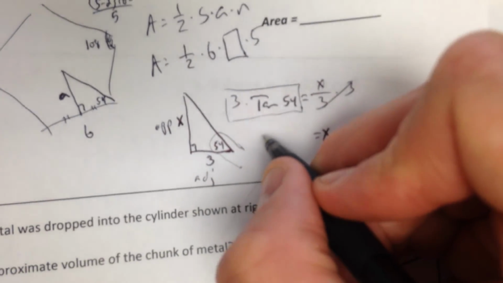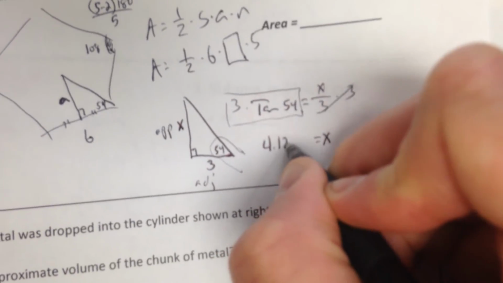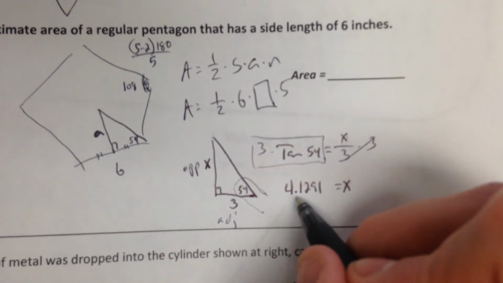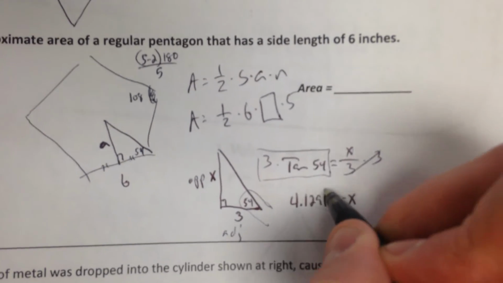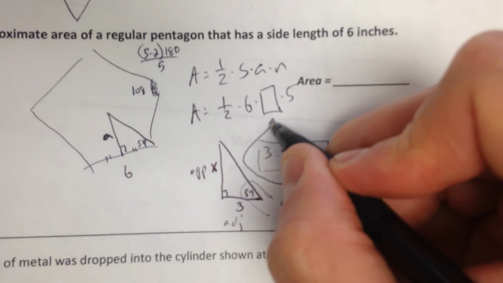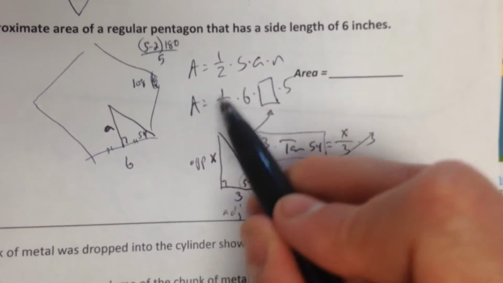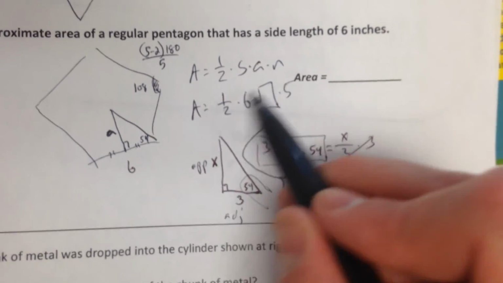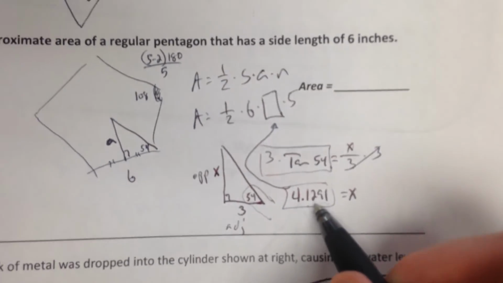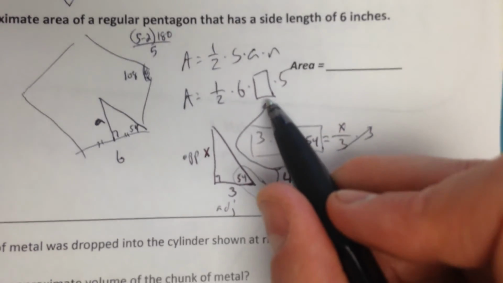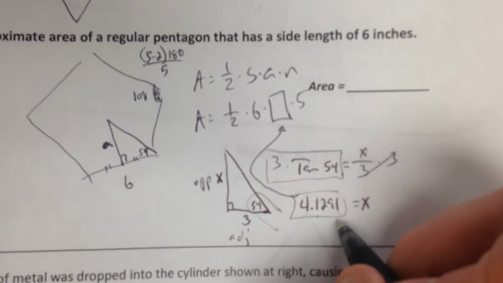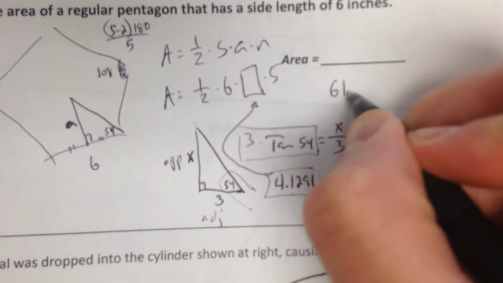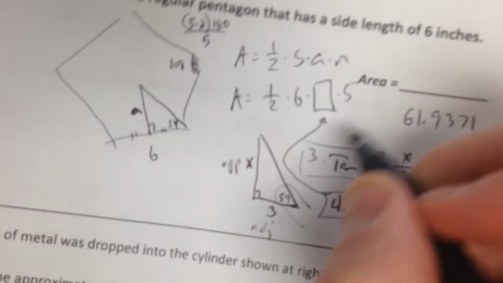This is approximately 4.1291 inches, and we are going to round this out to 4 decimal places so that when we actually multiply this number times what will be 1/2 of 6 is 3, 3 times 5 is 15. When we multiply this by 15, we don't get 15 times the error at the hundredths place. So multiplying this with 4 decimal places of accuracy in the tangent function would give us 61.9371